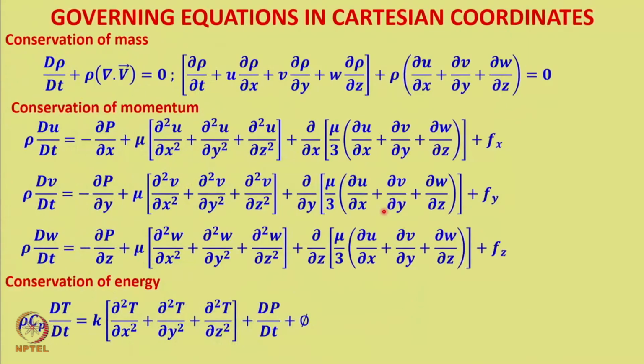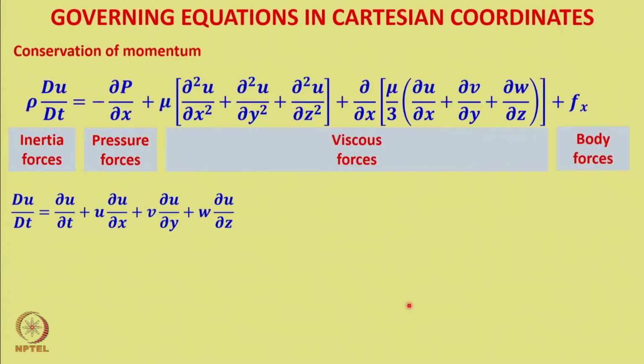Before I do that, let's just take a quick look at the governing equations which had no simplifications, that is conservation of mass, 3 momentum and 1 energy. Now the left hand side is the inertia force, this is the pressure force, these are the viscous forces, and Fx is the body force. So now du by dt is the total acceleration, that is del u by del t